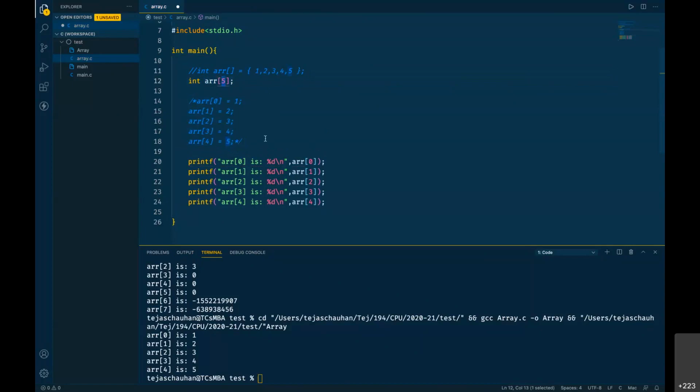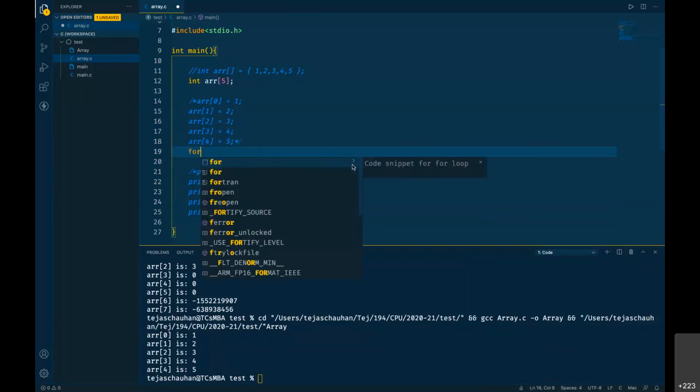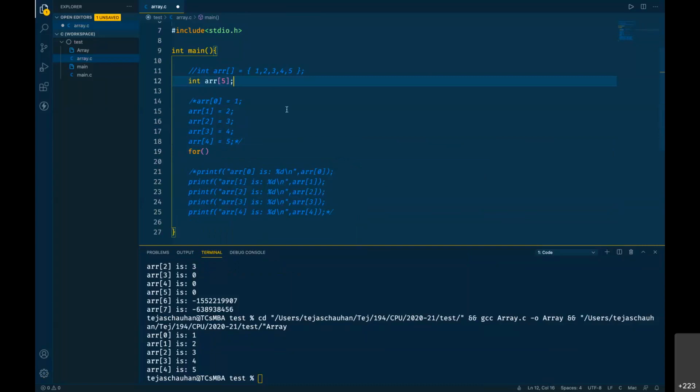But if your array is of larger size, remember, then you never go for one by one statements like this, because this is not a proper way to go. This is going to increase your number of statements, but here we can make use of a for loop, which will help us to shorten our code.